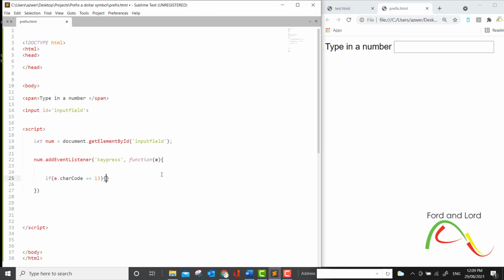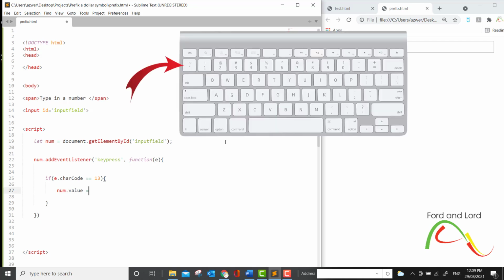Another opening and closing curly bracket, and I will say num.value. Whatever value has been typed in the input element, change this value: is equal to sign, and then I will use a tick symbol. The tick symbol is located just above the tab key and on the left hand side of the number 1 key on your keyboard.